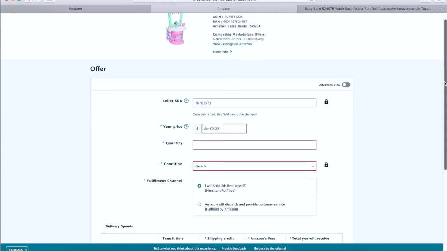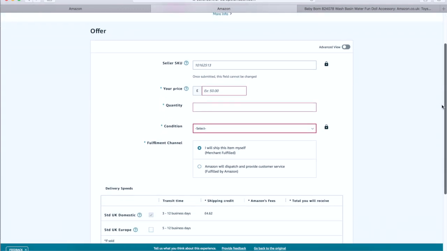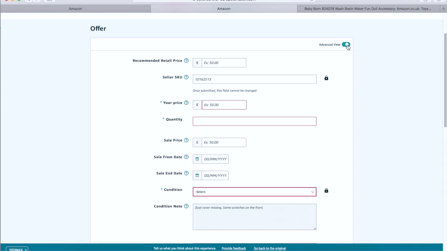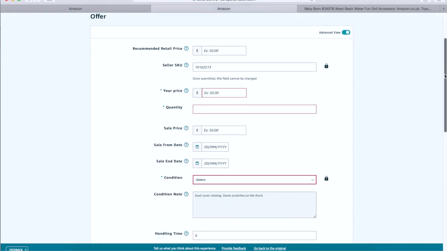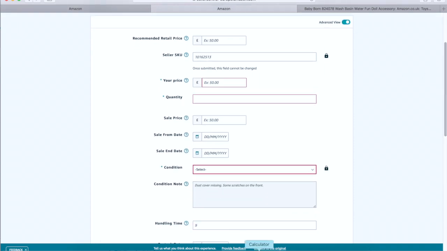and it takes us to this screen here. And what we will do is click on this advanced view here just to open up all of the options here, and we will type in our price that we've worked out that is profitable. So let's just say it's £27.90 for the example. Let's say that we bought 3 of these. The condition is new,